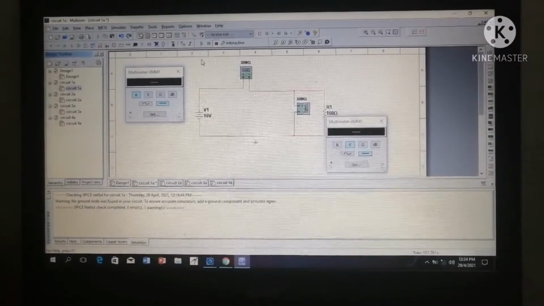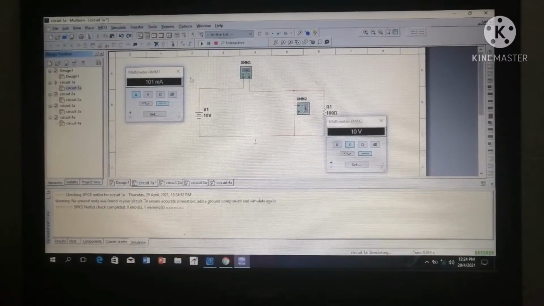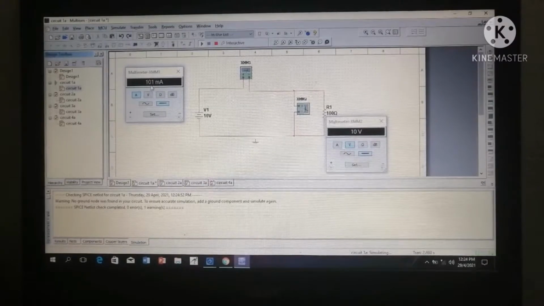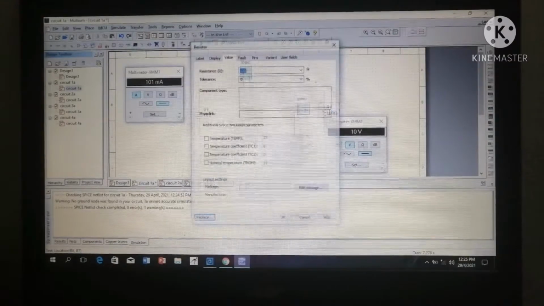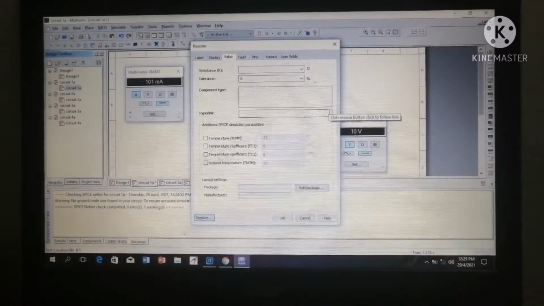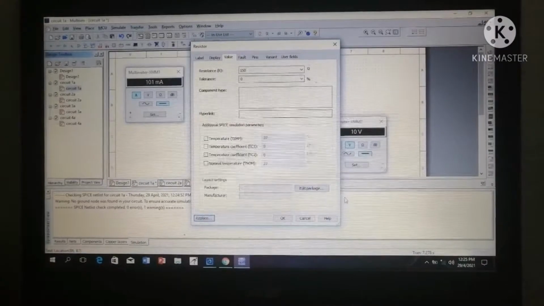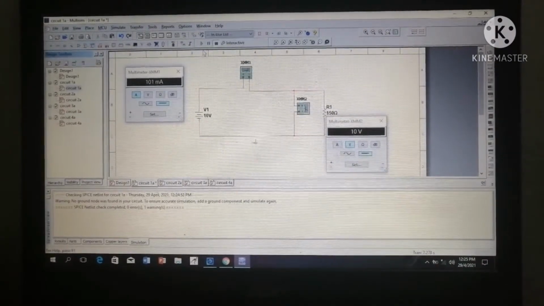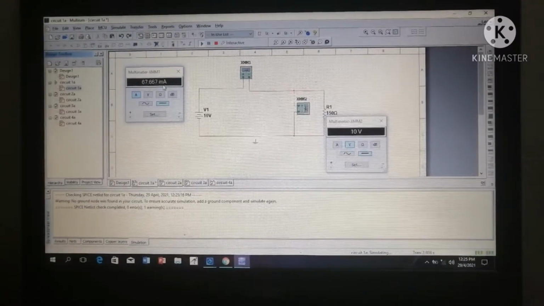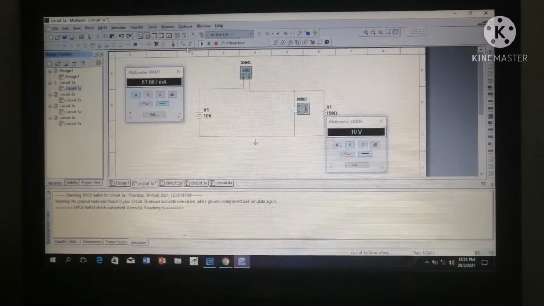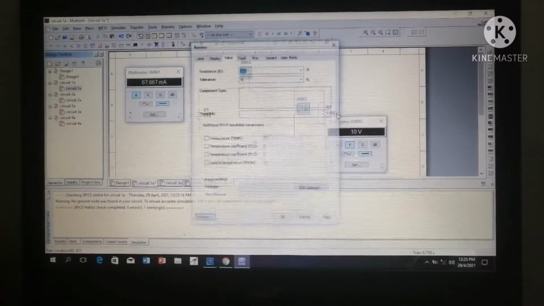Alright, so what we're going to do now, we just run the simulation and then you will get the measurement. This is 101 milliampere for the current and the 10 volt for the voltage. Stop the simulation and change the value of the resistor to 150 ohms. Run the simulation back, and then you will get 97.997 milliampere for the current and the 10 volt for the voltage. Stop the simulation and then change it to 200